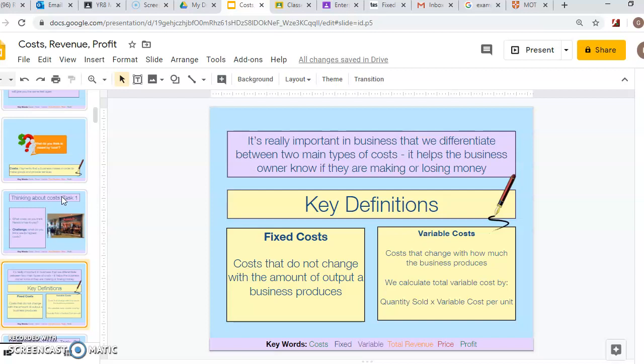A variable cost, on the other hand, is a cost that will change with how much the business produces. Of course, if I increase my production, I will have to spend a bit more money on specific things like unit costs, input costs. For instance, if I'm Cadbury's and I am producing a lot of chocolate, I will be spending money on things like cocoa, on things like the wrapping paper,